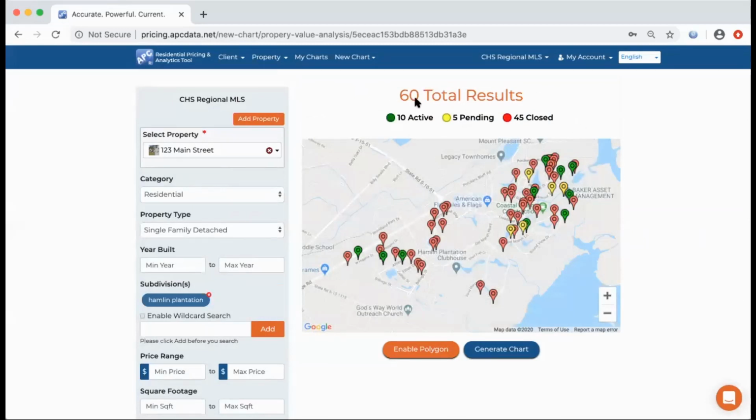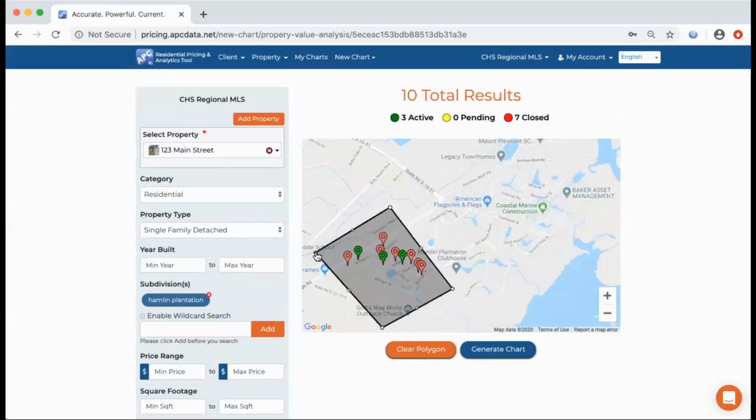So I just did the entire neighborhood, but let's say my house is in this section right here. Well, maybe I just simply do the Polygon search and come down and say, well, those are the most relevant ones. And I have enough to run the analysis. There's 3 active, 0 pending, and 7 closed. So if I run that analysis,